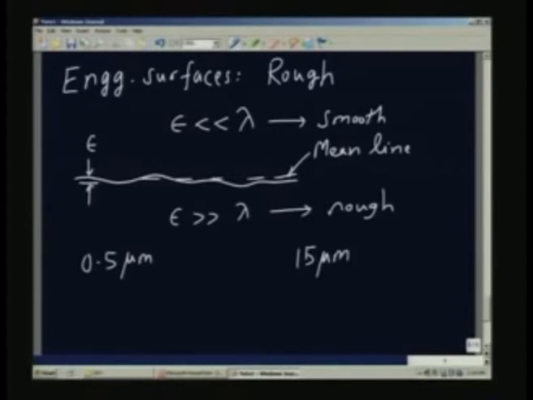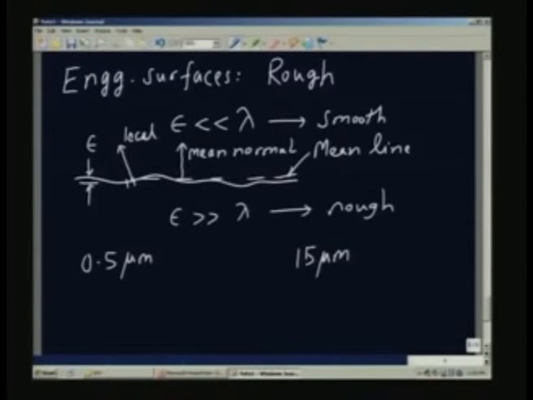So, it will appear like this. Suppose I take a very small part of that, and I draw a normal. The normal to the mean line is this line, this is the mean normal. Suppose I draw a normal to the small infinitesimal area which I have chosen at a particular place, the normal is oriented like this. This is the local normal.